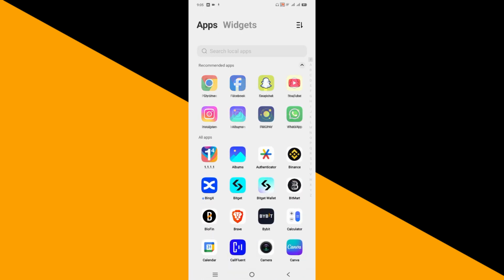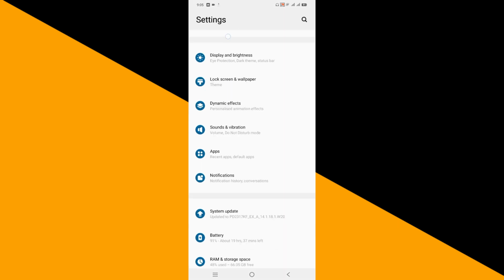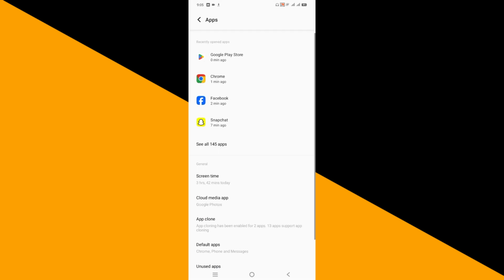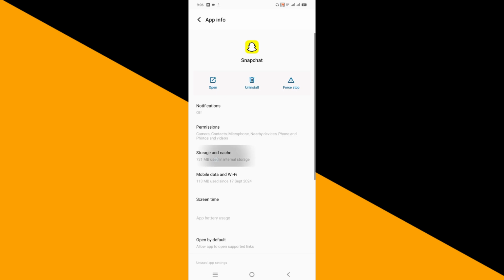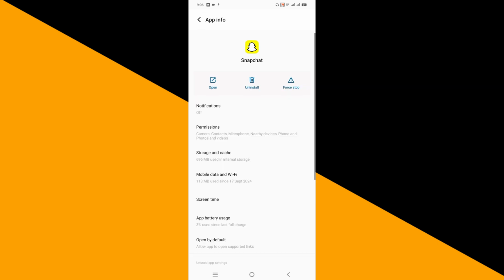You can head over to the settings of your Android device. Then you'll have to scroll down a bit and then tap on app section. Then tap on Snapchat. Now finally once on this page, after tapping on Snapchat, you'll have to tap on storage and cache. Now you'll have to tap on clear cache